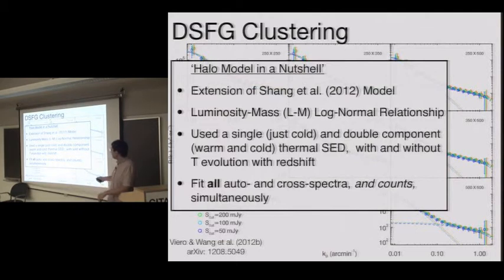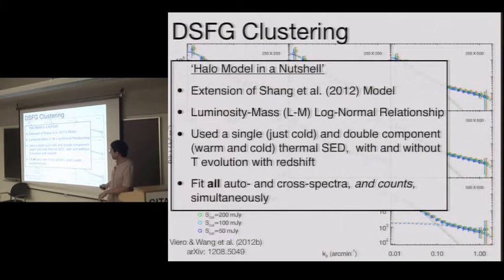Okay, and then we did it with a couple of different SEDs, dust SEDs to describe the sources so that we know what the difference is in the flux between this band and this band. We had to model it, so we first started with a single model. We added a single dust component, no evolution in redshift. Then we added a double component, a warm component and a cold component, and we let those vary. And then we did that with and without the redshift evolution.